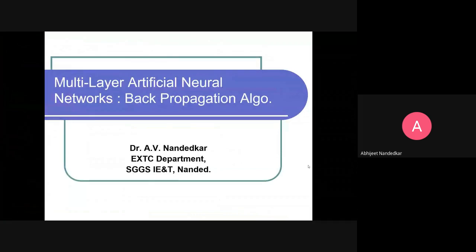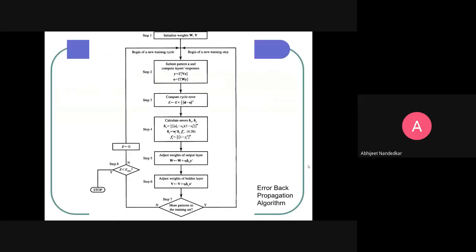Okay, so today we are going to see this multi-layer artificial neural network backpropagation algorithm in brief, and then we will see the factors affecting training of this network. So in last class we have seen this diagram where we start with initialization of all the connections, randomly, and then we calculate the output by passing on this input from training